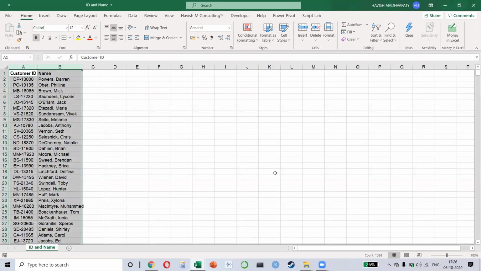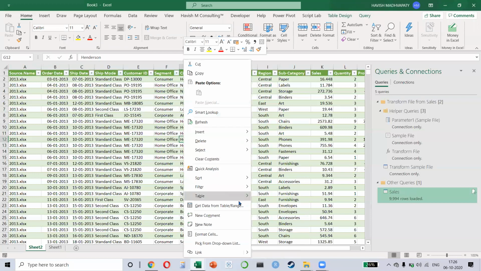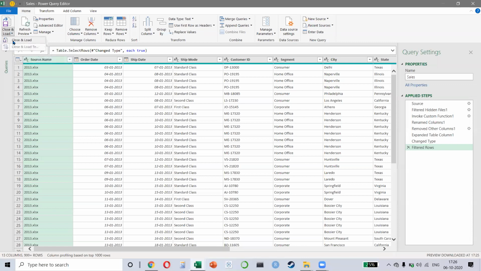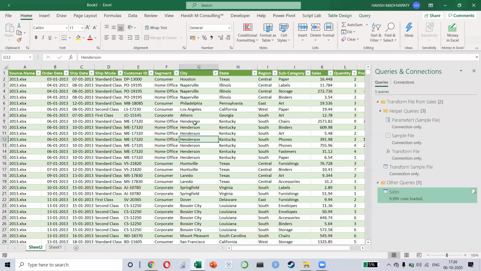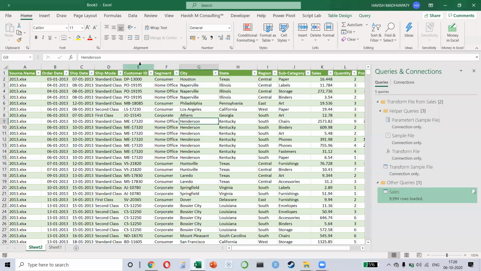So there is a question, how did I send the data from Power Query to Excel? See, once Power Query is open, all you have to do is you click on close and load, and that's it. Just click on close and load, and the data will get sent from Power Query back to Excel, right? Okay, now what is our question? We have customer ID and name. The problem is that I only have the customer ID and I do not have the customer name, right?